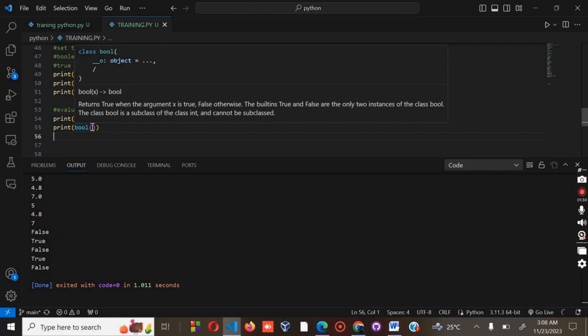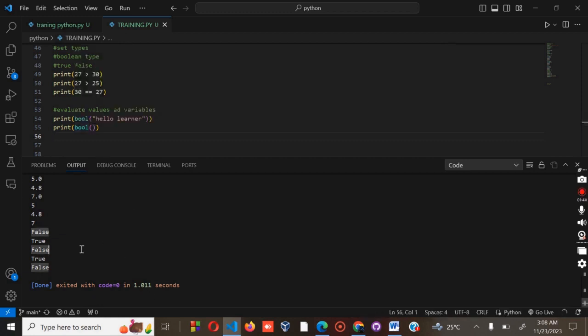The inbuilt true or the false are the only two instances of the class bool, and the class bool is a subclass of the class int and cannot be subclassed. So still on that, you will find that